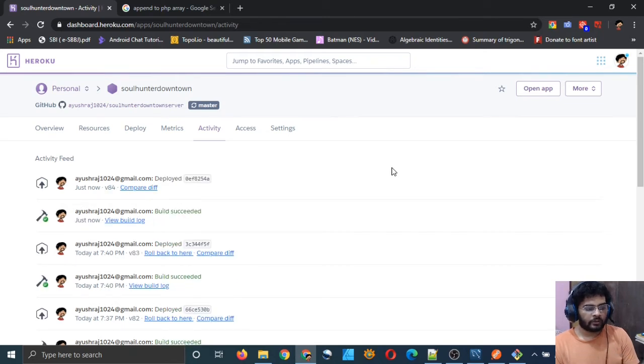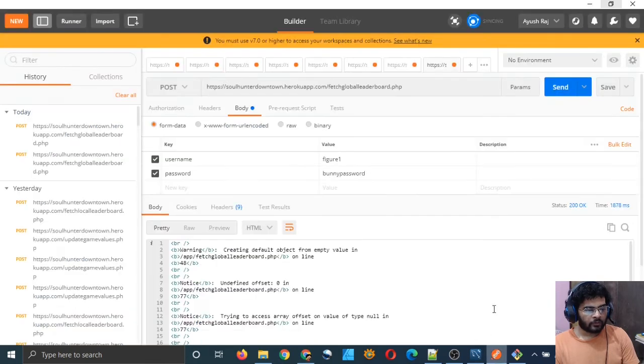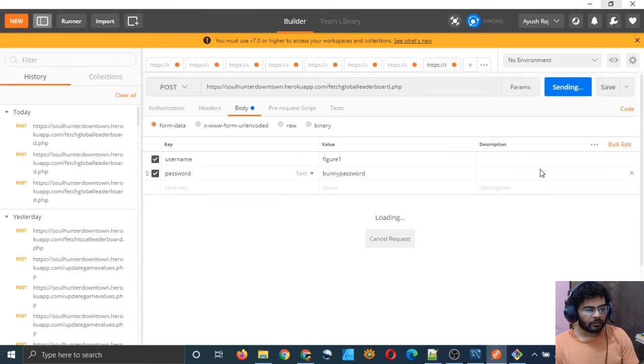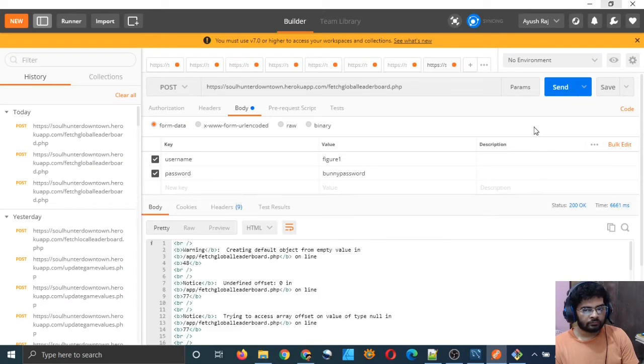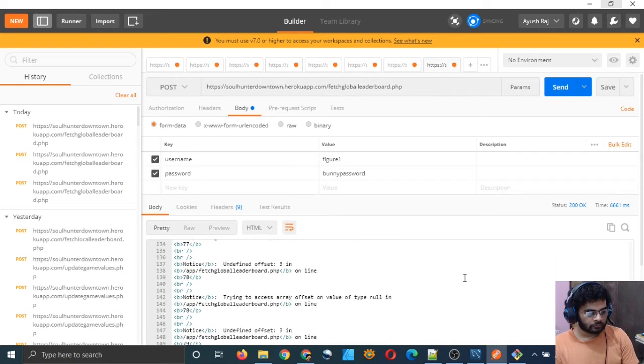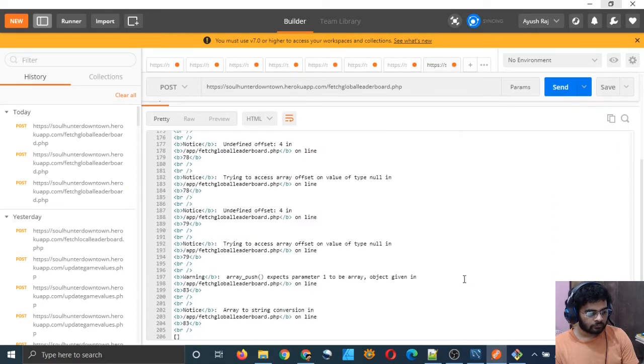So it built it, and now let me go to Postman simply and send another request very quickly. It says array push expects parameter 1 to be array, object given.